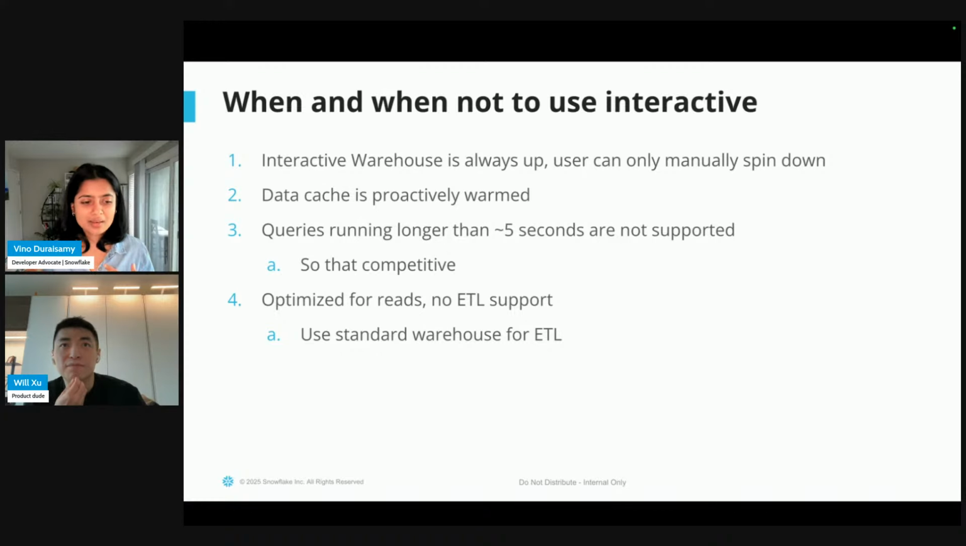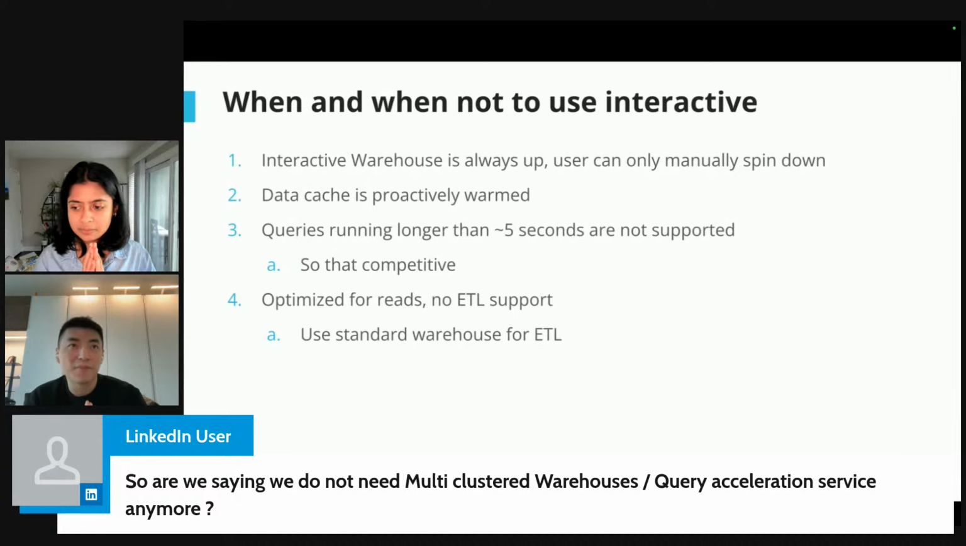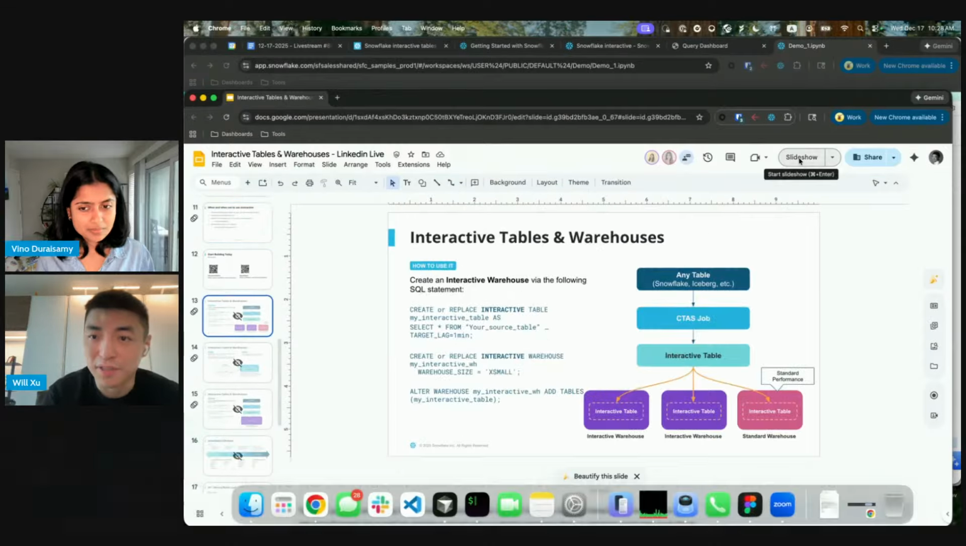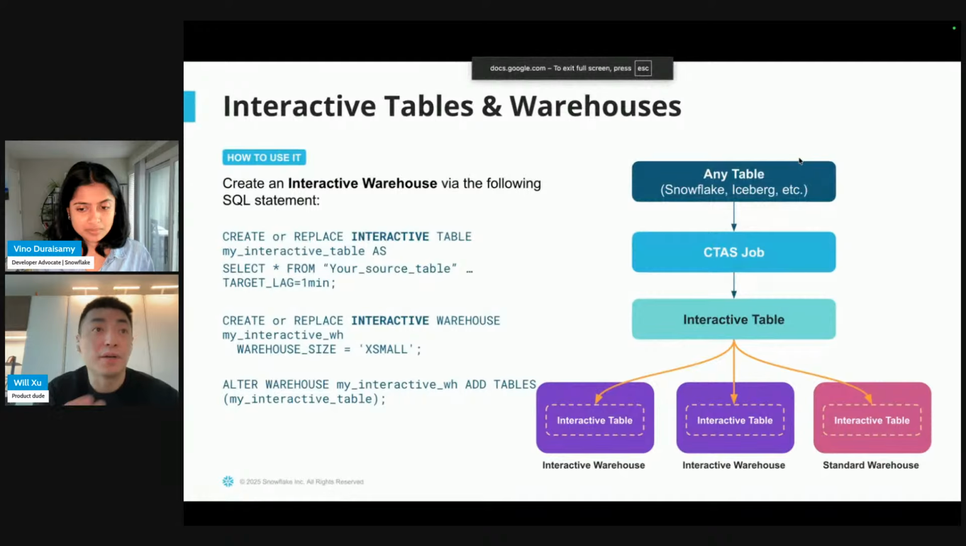Or when should I think about interactive? When should I think about query acceleration service, multi-clustered warehouses? Like, are you able to help us there? Yes, yeah. I might have a slide on multi-cluster warehouses. So the way to think about this is